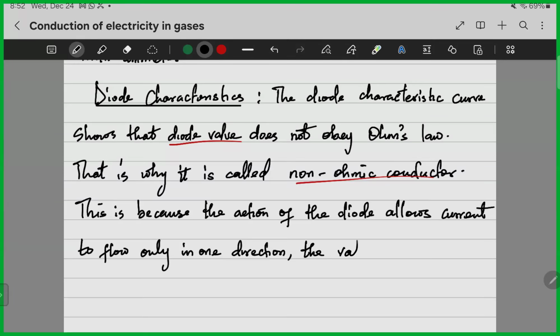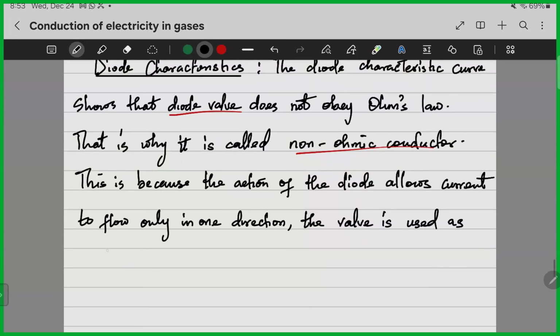The valve is used as a rectifier to produce DC voltage